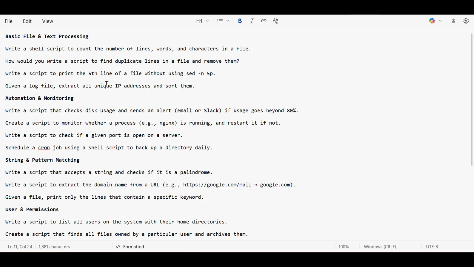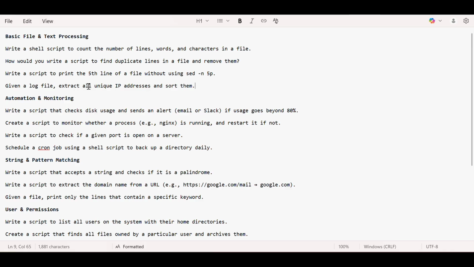Then write a script to print the fifth line of a file without using sed -n 5p. So how can you just print the fifth line of a file without using this? This restriction has been put, but one way is by using sed.